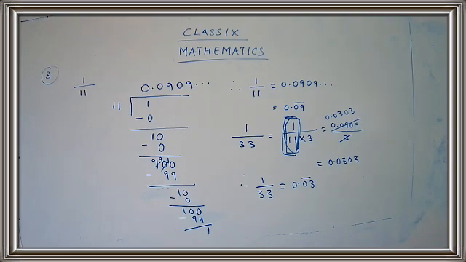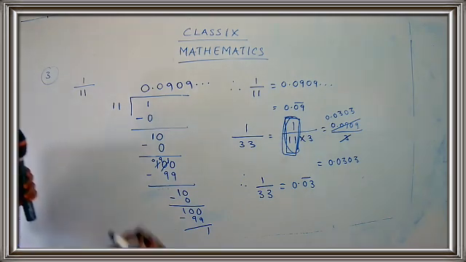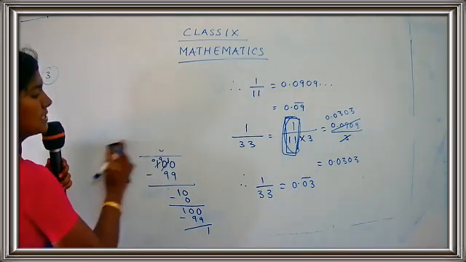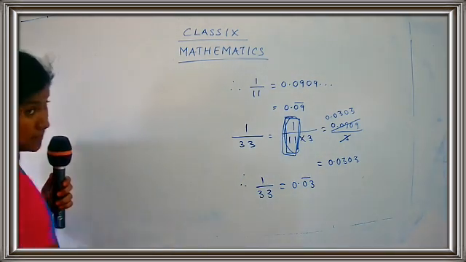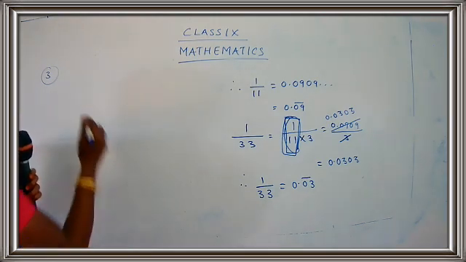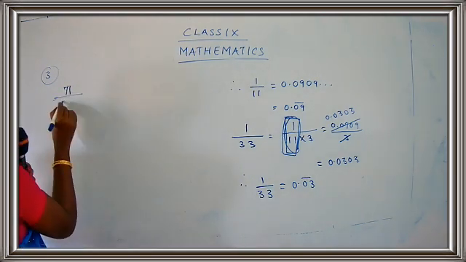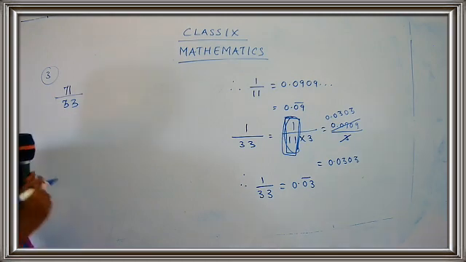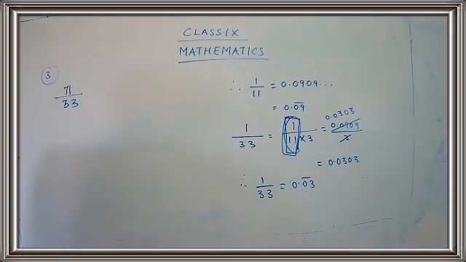Okay, have you completed, children? Shall we go for the next division? Let's go for 71 upon 33. I'll just rub this part, children. This is the same sum. We are just doing the third sum. It's a continuation. So 71 upon 33, this is what I have to find out. Shall we do this sum? Let's see how to do this sum.